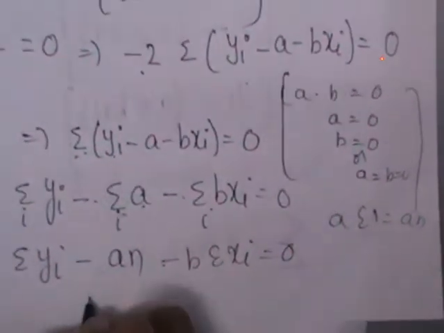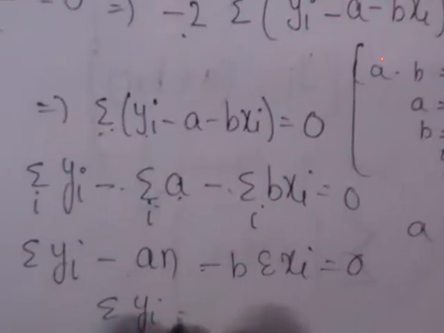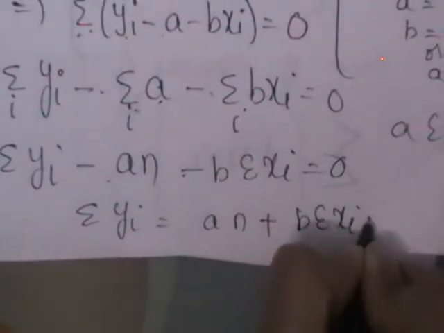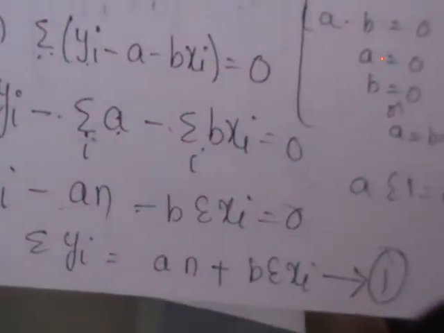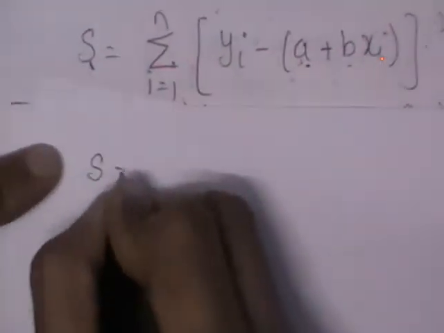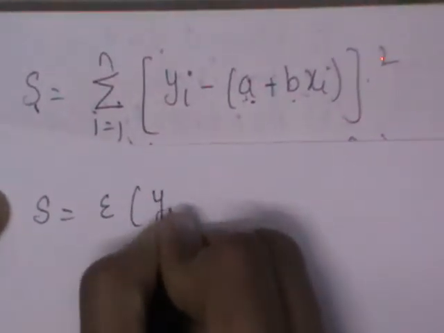So let us shift these two to the RHS. Sigma yi is equal to an plus b sigma xi. This is the first equation you got when you differentiated with respect to a. The same S, what is S here? S is nothing but the sum of squares of error, which is nothing but S is equal to sigma yi minus